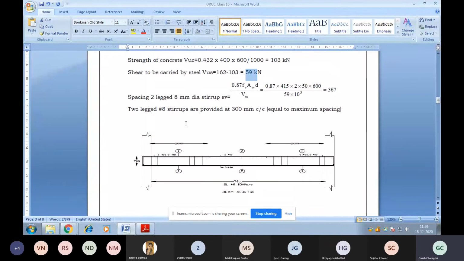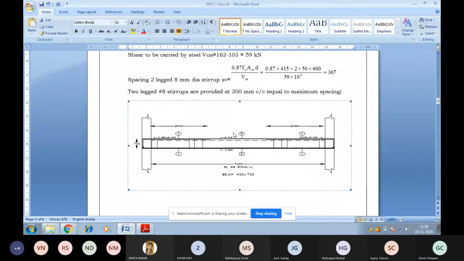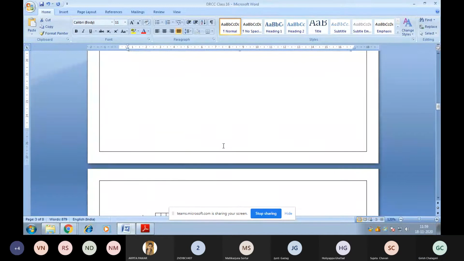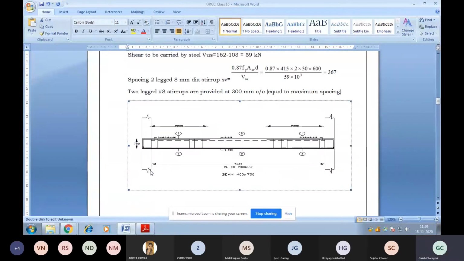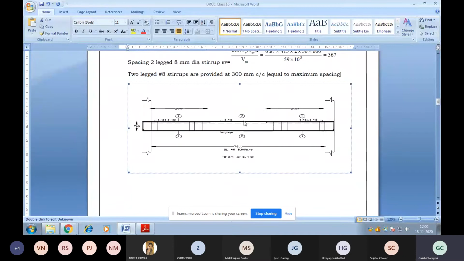So we can see here how the reinforcement detailing is done. This is a span of 8 meters totally from center to center. So end spans of 2 meters, where at the top end we are providing 3 numbers of this one, and here 3 numbers of 20 mm. And the spacing of this bar will be 8 mm at 300 at the edges, as well as at the mid span. And if you take a section 1-1 at the end span and 2-2 at the mid span,